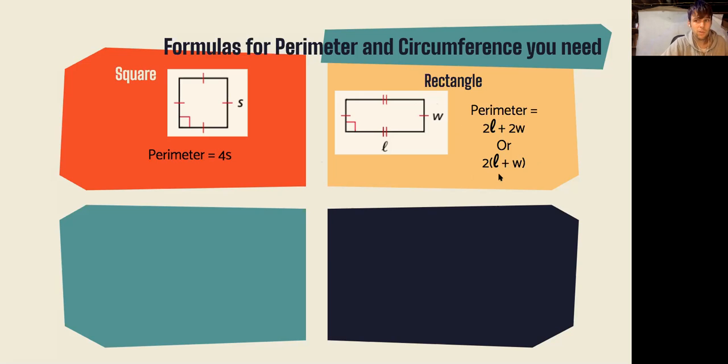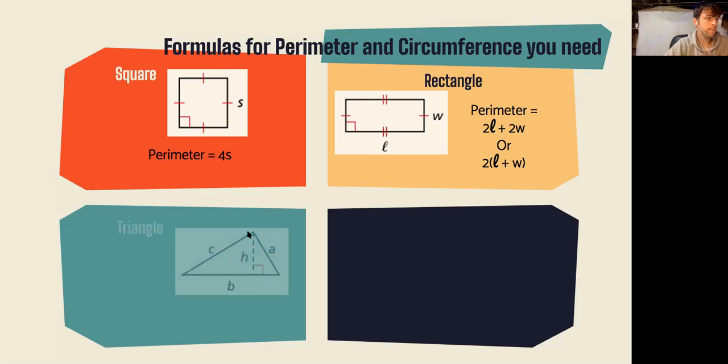Now again, just like the square, we don't have to use a formula for perimeter. We could just simply add all the sides together and get that as our perimeter. But if we were solving a problem where we knew the perimeter and we were missing the length and we had to solve for the width, a formula is going to come in handy. So I'm going to make sure that we can use a formula today,